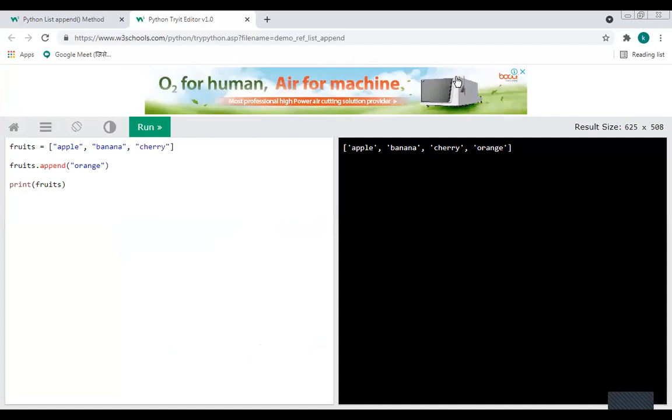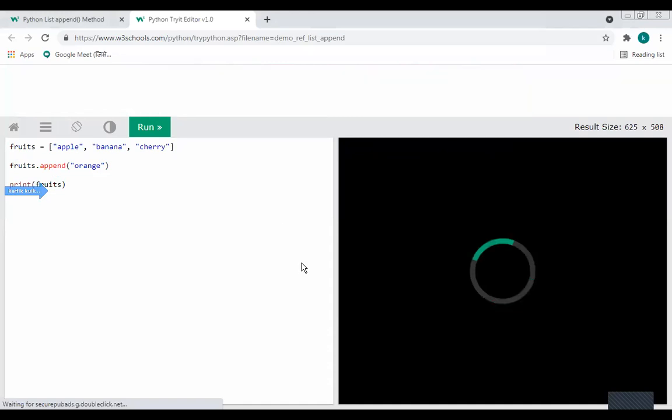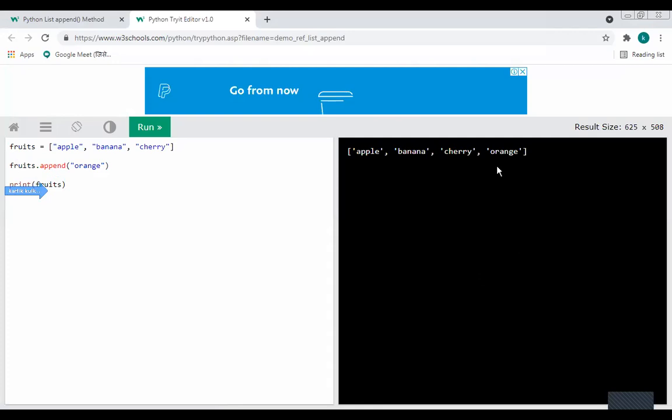Here is what I have done: I have specified the list name fruits equal to apple, banana, and cherry. Then I have specified fruits dot append orange, and then I will print the fruits. Whenever I execute this program, the same theoretical program, you can notice here that